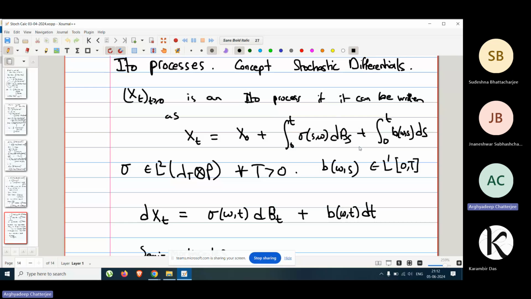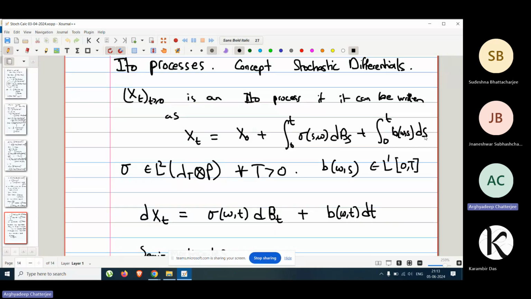This corresponds to the martingale portion, and this corresponds to a drifting thing. But the main point is that if we choose b to be nice enough, then this term will give you a finite variation process, where what I mean by that is, omega by omega, it will be a difference of two monotone